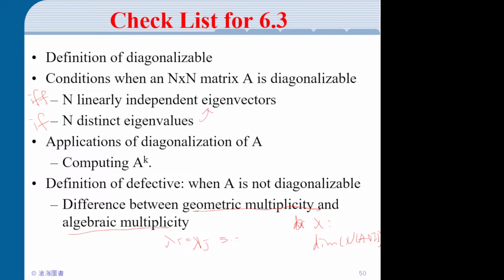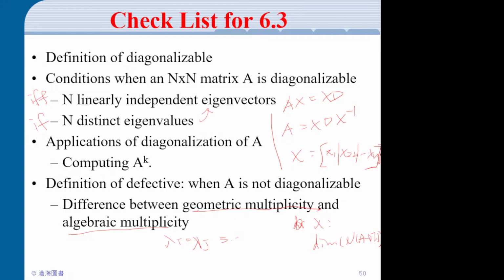So for diagonalization, I think we have AX equal to XD, right? So AX equal to XD, so we should have A equal to X D X inverse, where X is the listing of the eigenvectors. So it's like x1, x2, up to xn. Okay, so that's how you diagonalize a matrix. You find all the linearly independent eigenvectors. Then